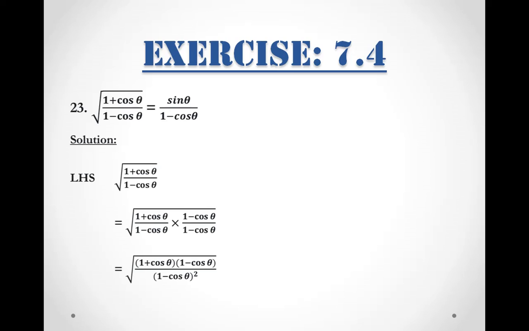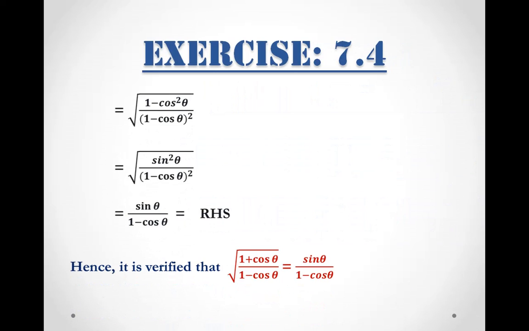So taking the left hand side as given in the question and multiplying it inside the root with 1 minus cos theta over 1 minus cos theta, at the place of the top the multiplication will be done like a plus into a minus, that is 1 plus cos theta into 1 minus cos theta, whereas the denominator is the same, so it becomes a whole square, that is 1 minus cos theta whole square. The whole job is done inside the root. Our next step becomes inside the root 1 minus cos square theta over 1 minus cos theta whole square. The denominator's square and square root will cancel.